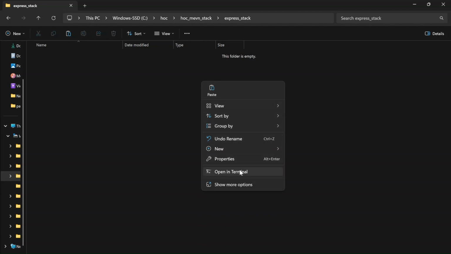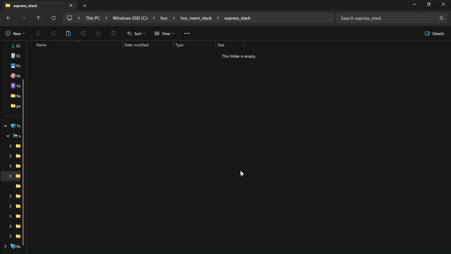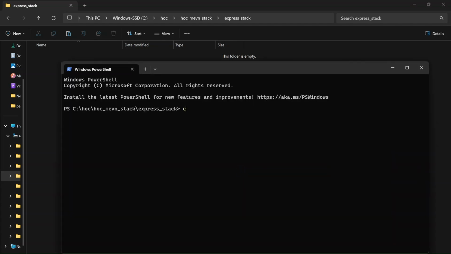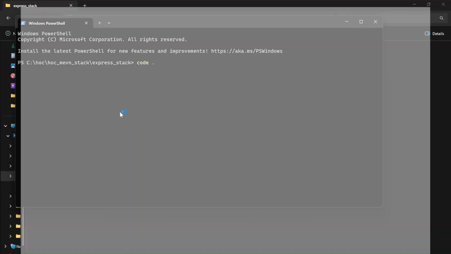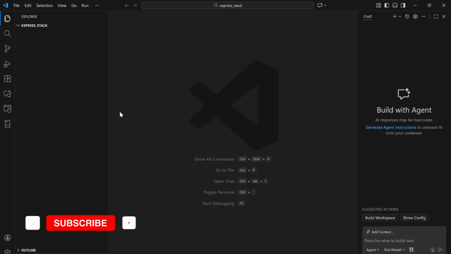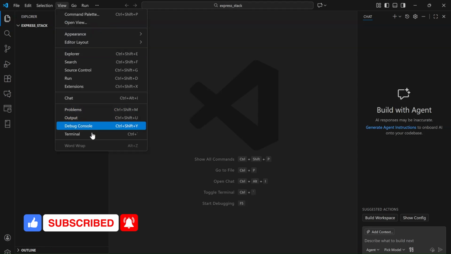I am just now going to show you how you can simply open your particular folder or your project folder in Visual Studio Code through terminal. Type the command code space dot, and then this will open your project folder or your solution in Visual Studio Code. Now let's open the terminal,